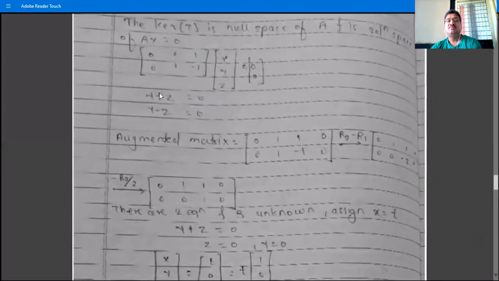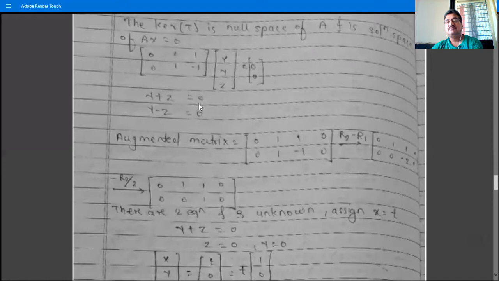So we have the system y plus z is equal to 0, y minus z is equal to 0. Now we have to find the solution of this system by using Gauss elimination method. So from the augmented matrix, the coefficients of x, y, z, there are three variables. So the coefficients of x, y, z are 0 1 1, and then 0 1 minus 1, and 0 0 is